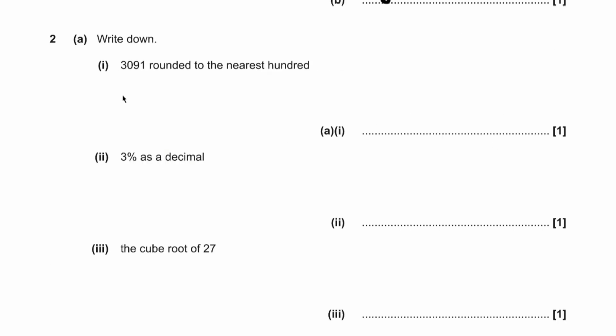Question 2, Part A. Write down, for the first part, 3091 rounded to the nearest 100. So, if I take a look at this 9 in the tens column, because that is 5 or greater, I need to round this 0 in the hundreds column up to the next digit. So I have